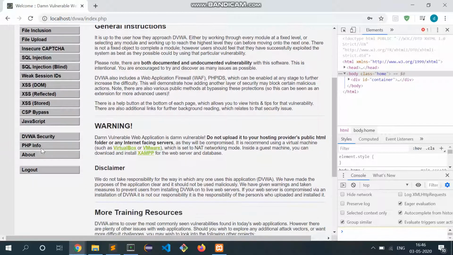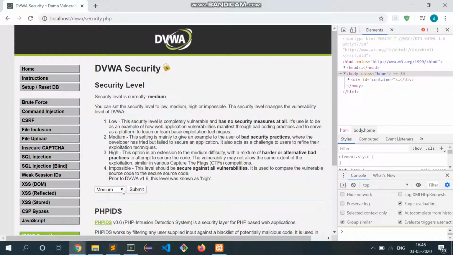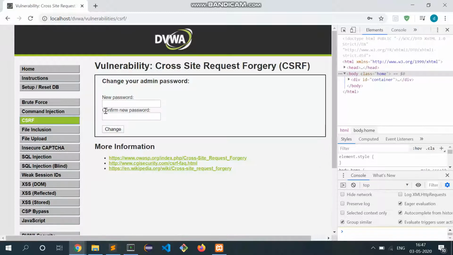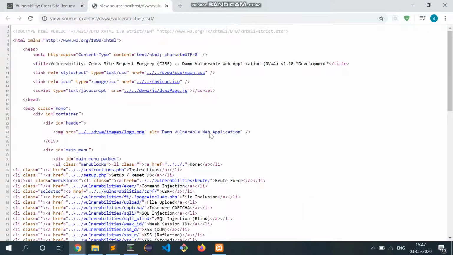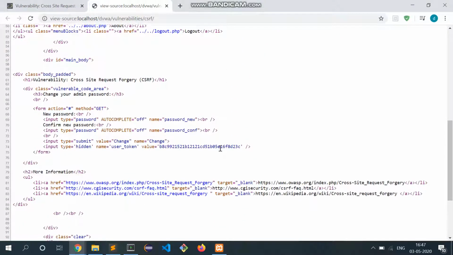Now we are going to perform the CSRF attack at high level. Now go to CSRF. I will again change my password to Divya and click. First of all, we have to copy the token.